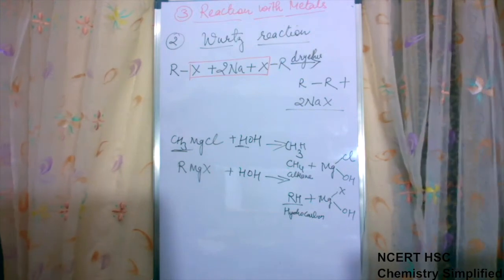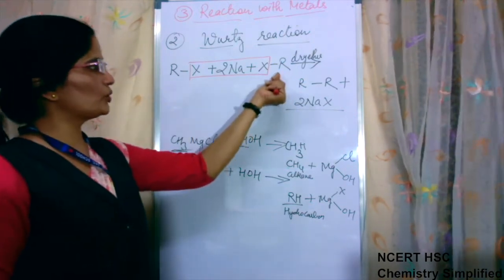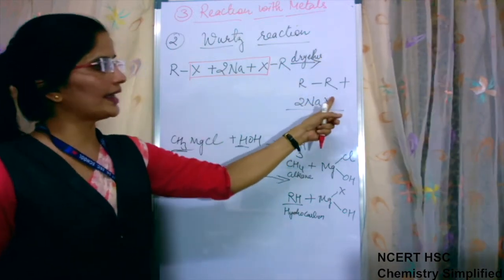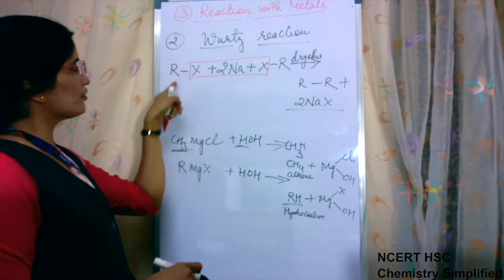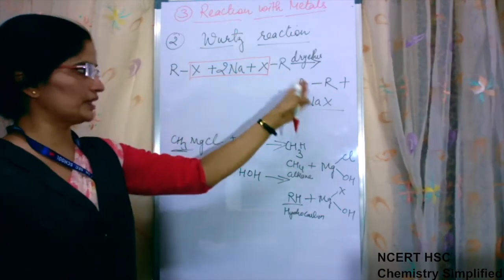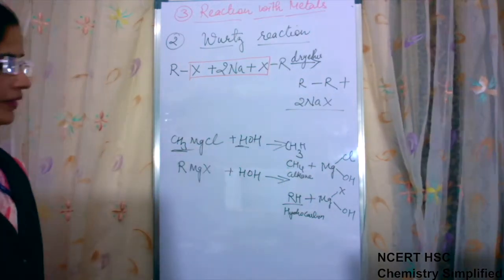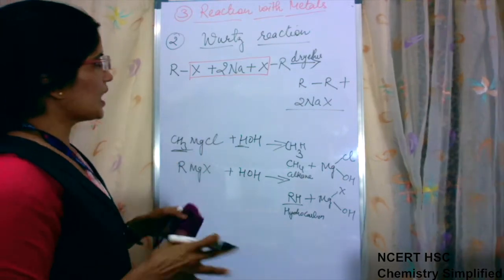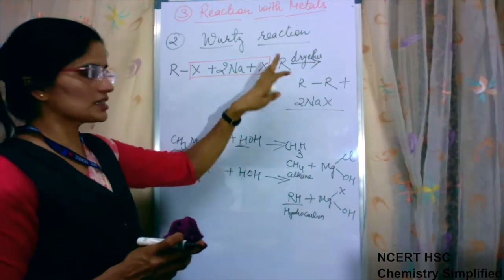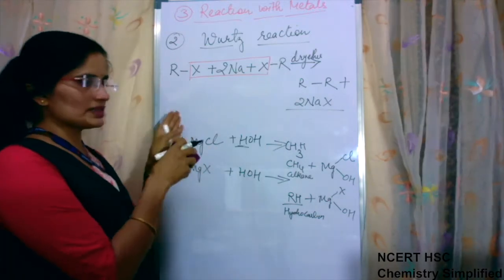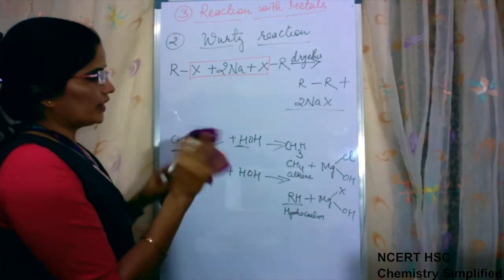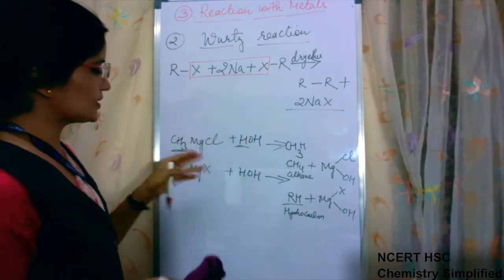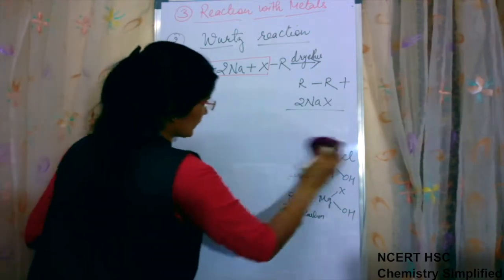This is Wurtz reaction. That when two alkyl halide molecules react with sodium metal in presence of dry ether, they form alkane with double the number, means whatever was the number of carbon atoms here, double of it. If they are same, then double of it will be obtained in the product. Okay, now we specify. In exam, if Wurtz reaction is asked, you can write with RX also. And if you want to specify it, that also you can do. Any of the two you write. Don't waste time in writing both. Write with RX, and then again writing using some example? No. Write any one.